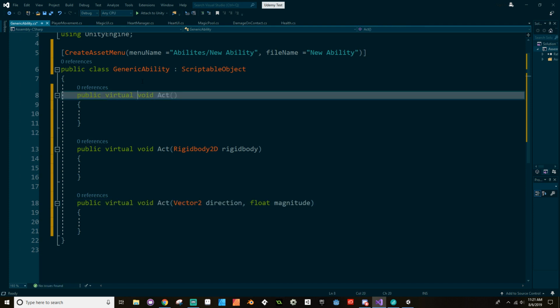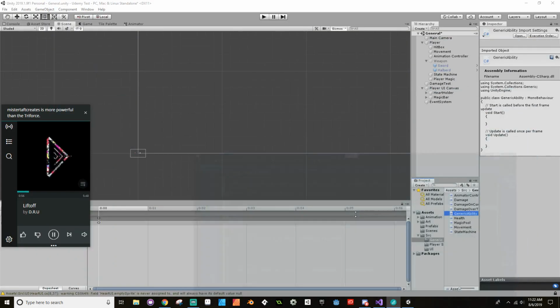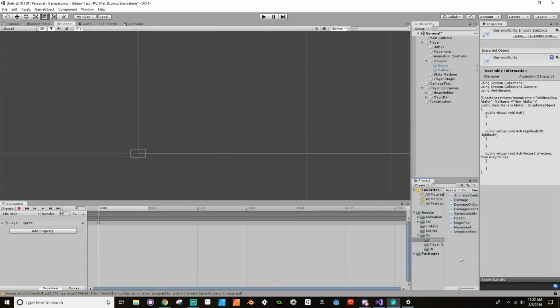Okay, so they can be overridden by the child classes. So the first ability, the easiest one to do, is like a dash ability, and we'll use a Rigidbody2D for that. But you might want to have an ability that throws a fireball, in which case you're going to need to have a direction and a speed for that fireball. So we've got this generic ability. I'm going to save this, and then I'm going to specifically